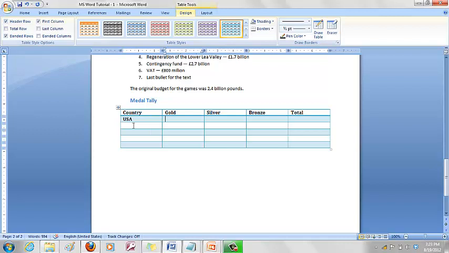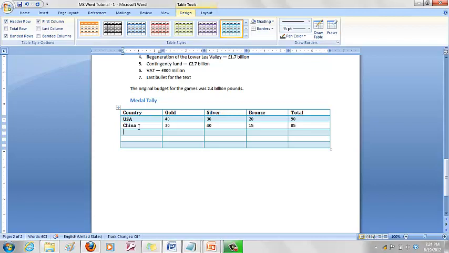I'm going to enter 40, 30 and 20, and this is 90 here. And the second country was China, right? 30, 40 and 15. So it's 85.